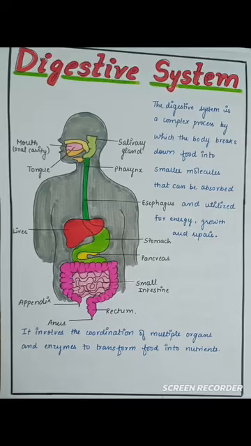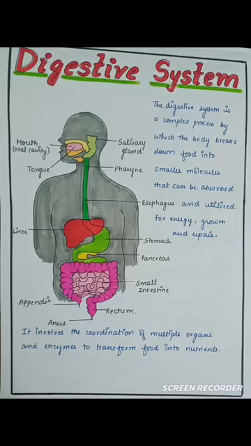The digestive system is a complex process by which the body breaks down food into smaller molecules that can be absorbed and utilized for energy, growth and repair. In simple language, we can say that digestion is a process in which some of our body organs digest the food, or simply break down that food into forms of energy that are utilized by organs